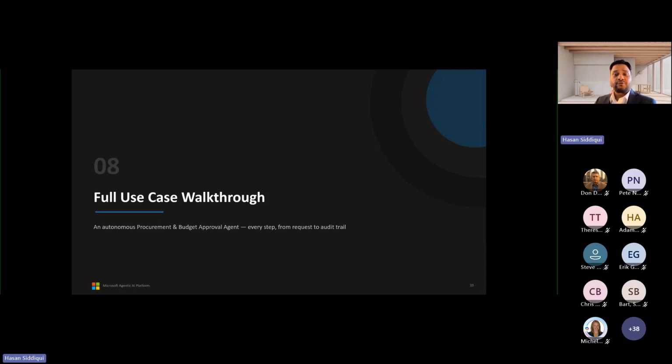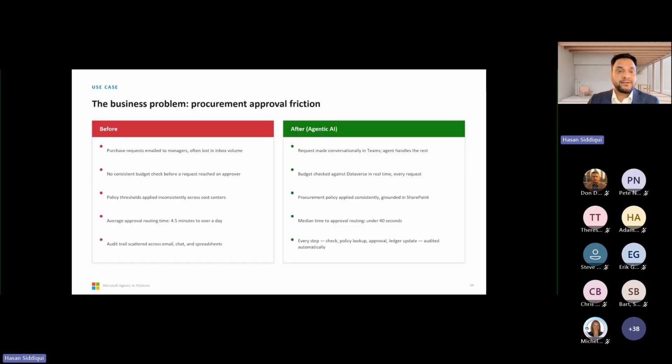I will show the actual interface, how Teams, Copilot Studio, Azure AI Foundry, Dataverse, SharePoint, and Power Automate work together, and live operation. I'll show the dashboard and how it works.